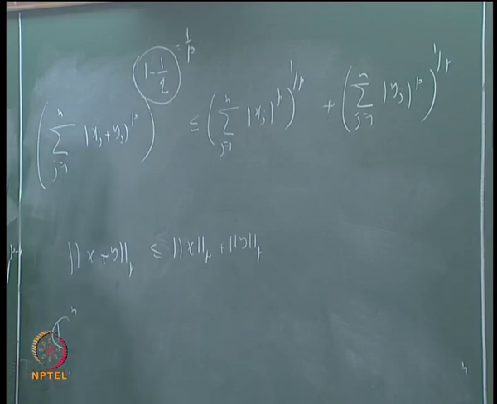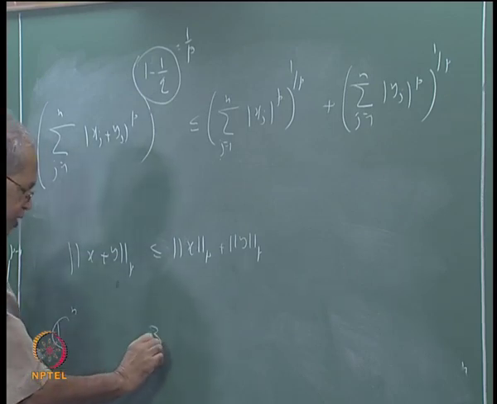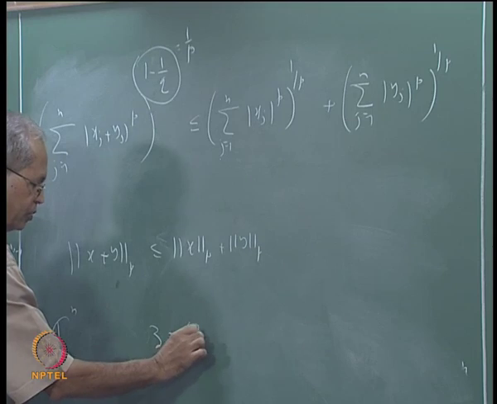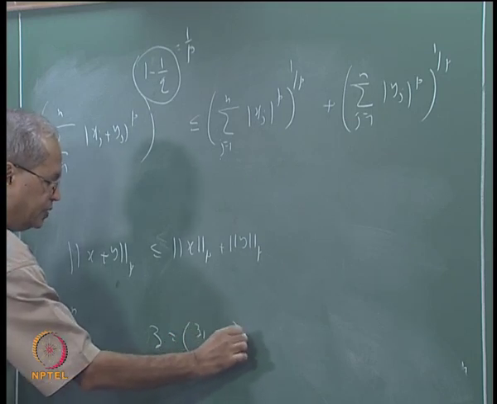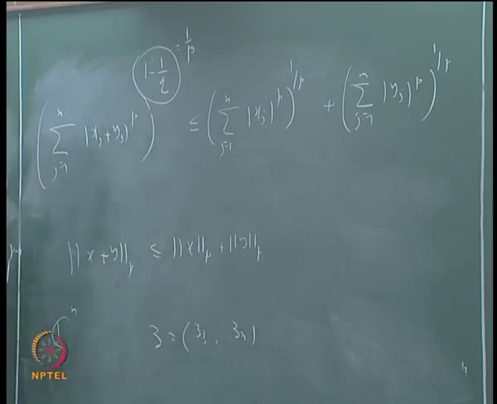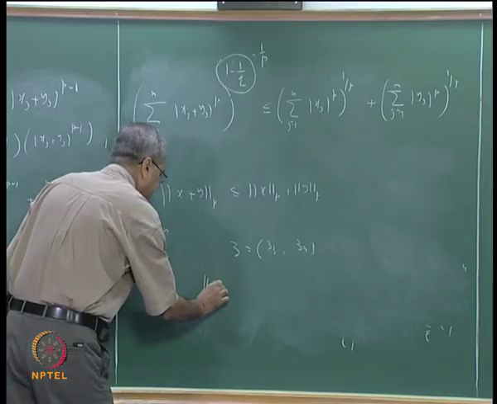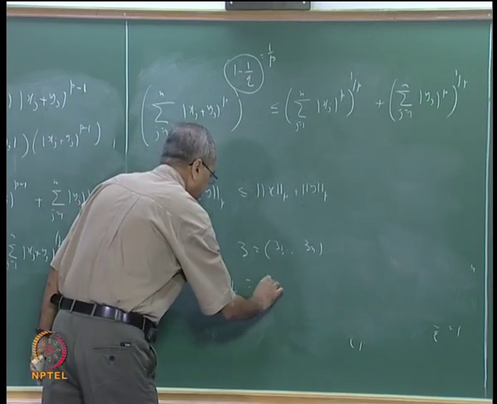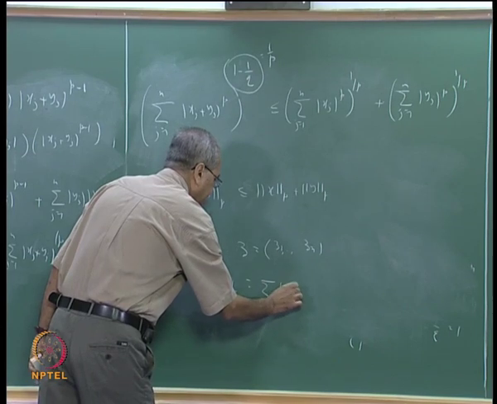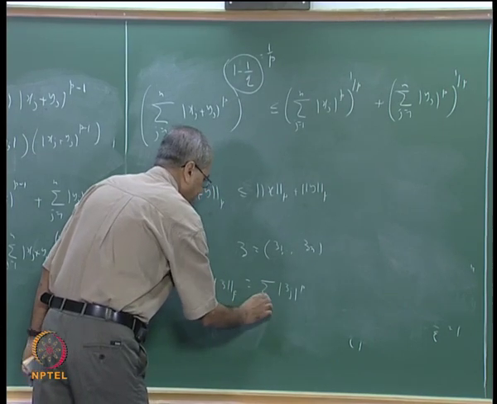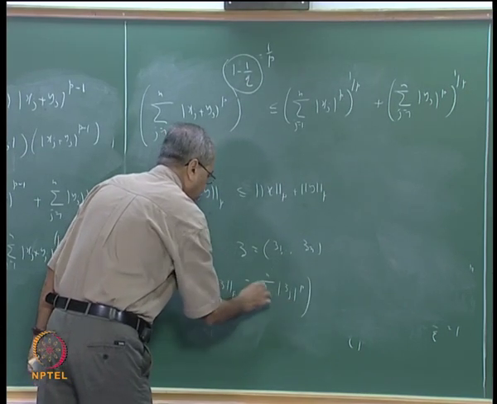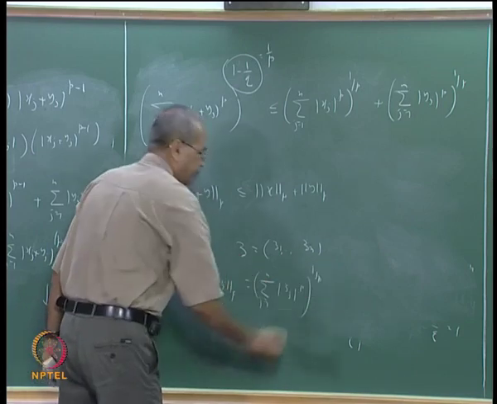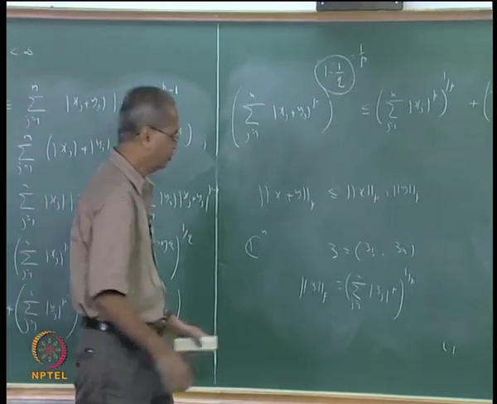So a typical point, suppose I call it z, will be of the form z1, z2, up to zn, and I can similarly define the norm of z suffix p as sigma mod zj to the power p, j going from 1 to n, whole thing to the power 1 by p,